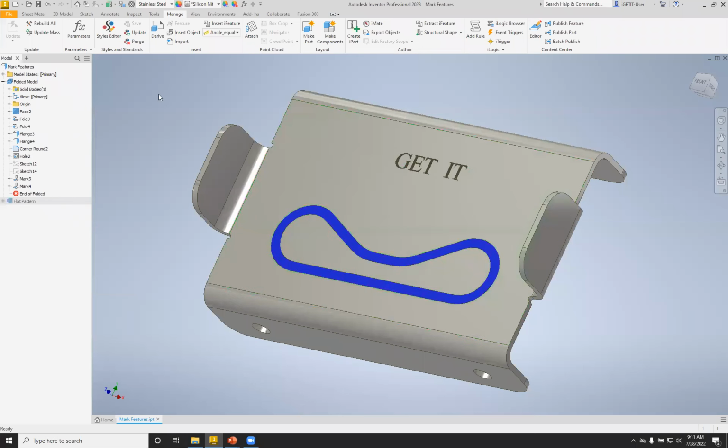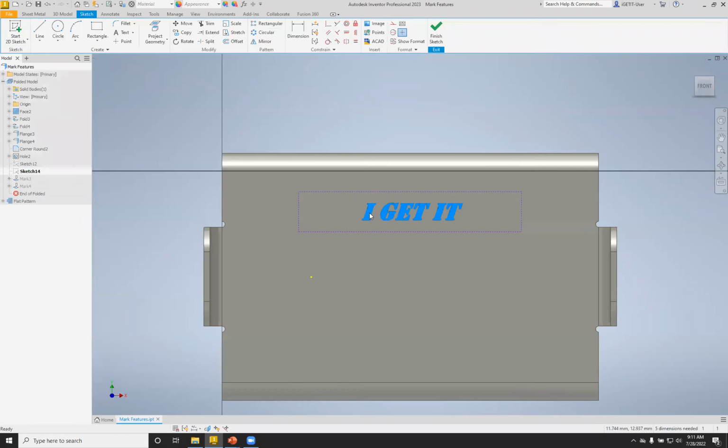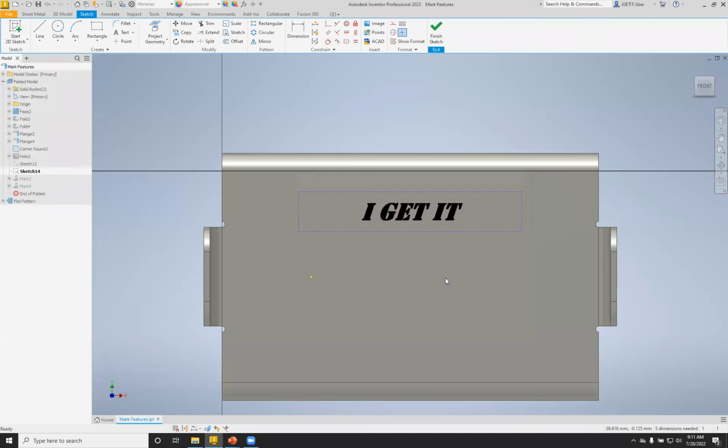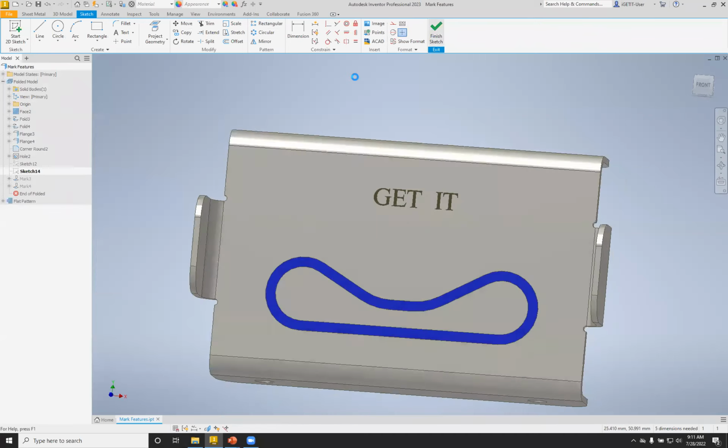Notice that the text now updated in that mark feature. Now this particular one, edit my sketch. My I in here was actually a lowercase I, and this particular font style does not have a lowercase I. So if I just change that to a capital I,